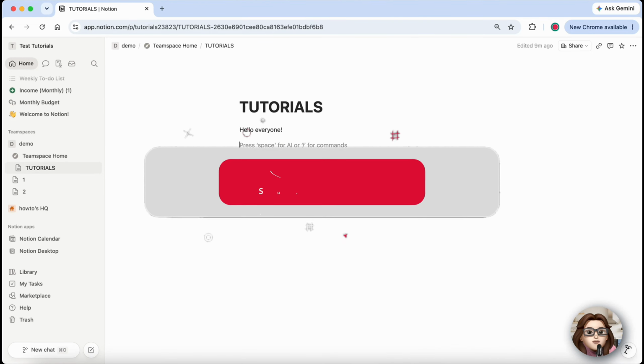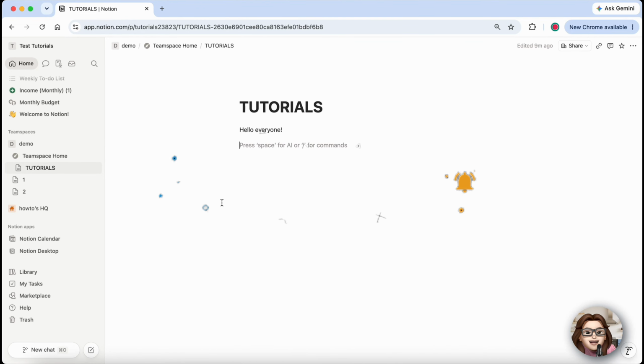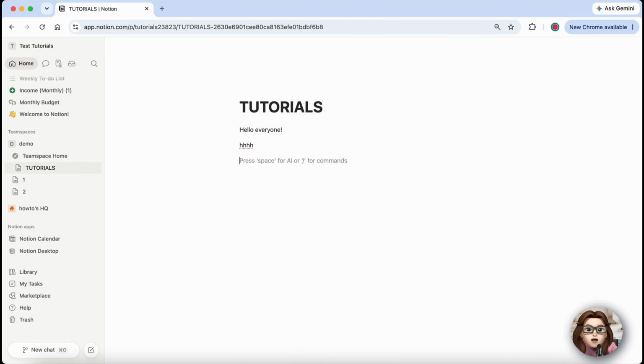In this tutorial, I'll show you how to undo changes in Notion and quickly restore them if needed. These shortcuts work across pages, databases, and most other content in Notion. Let's get started. If you make a mistake, such as deleting text, moving a block, or editing a page, simply